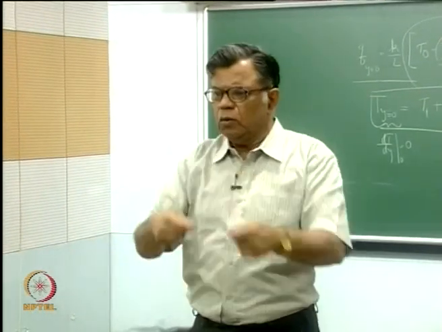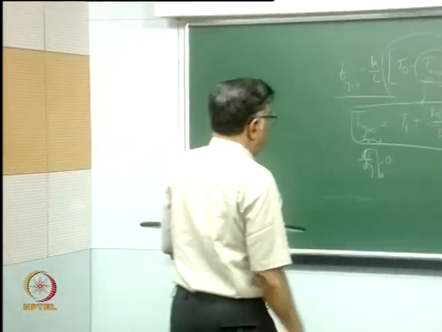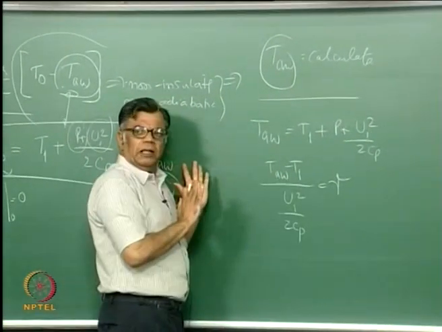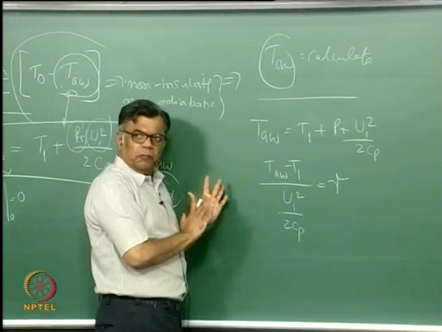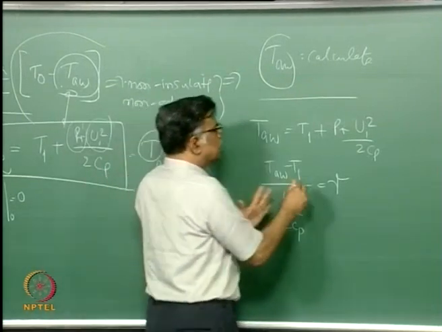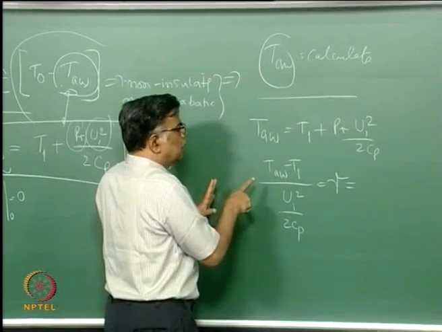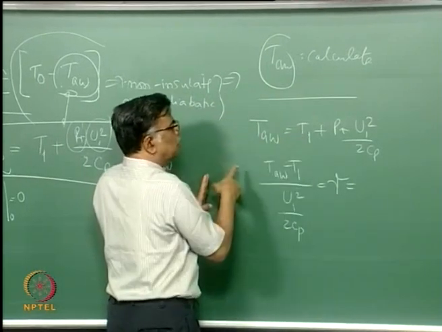And now, if you go further, I will come back to T_AW minus T1, because it is a Couette flow situation, there is no infinity here. This is called the recovery factor. And what is the recovery factor in this case? This is equal to, from this expression,